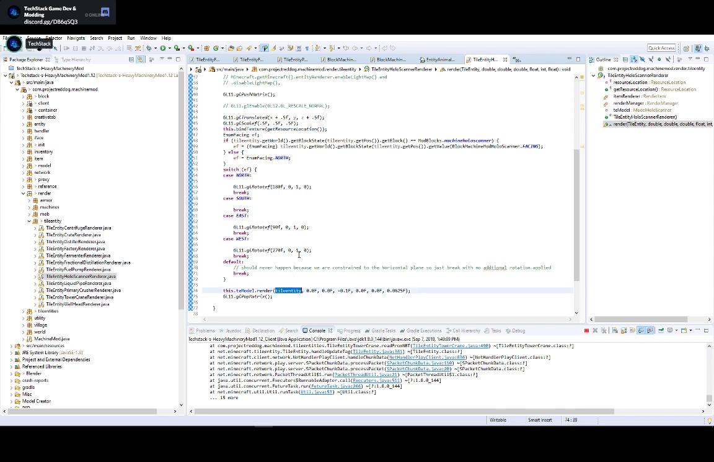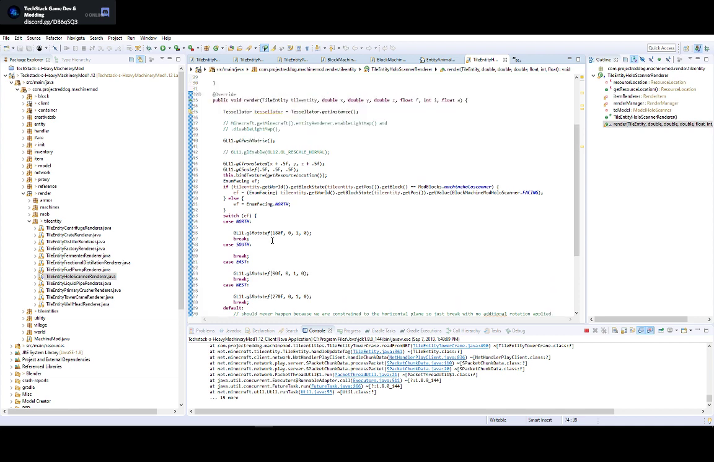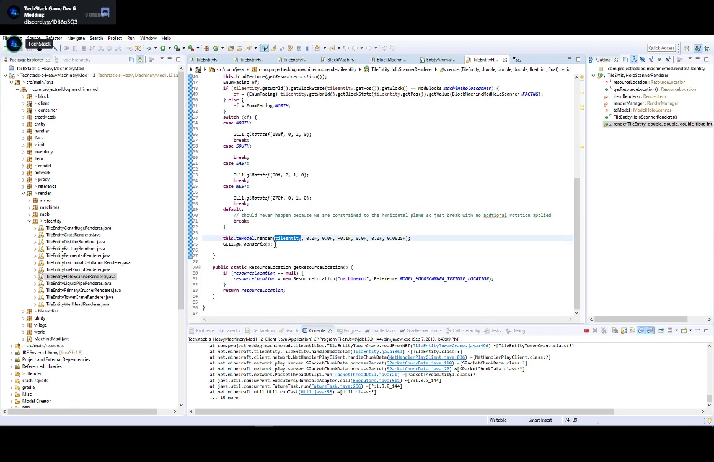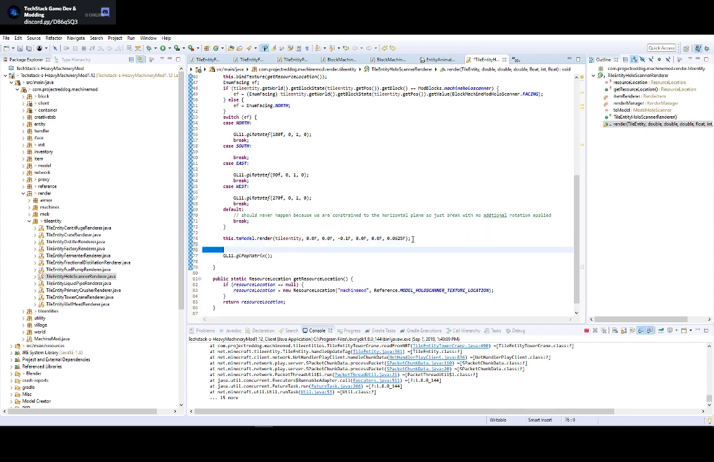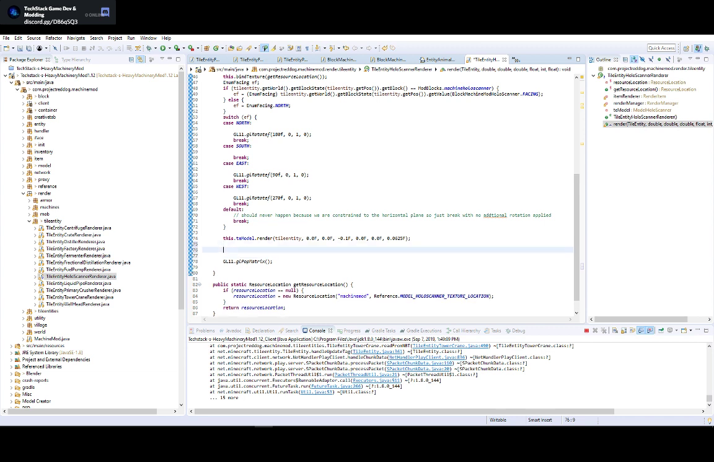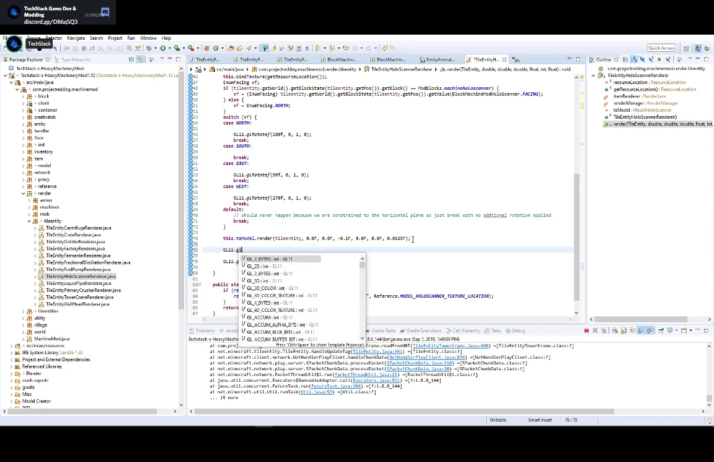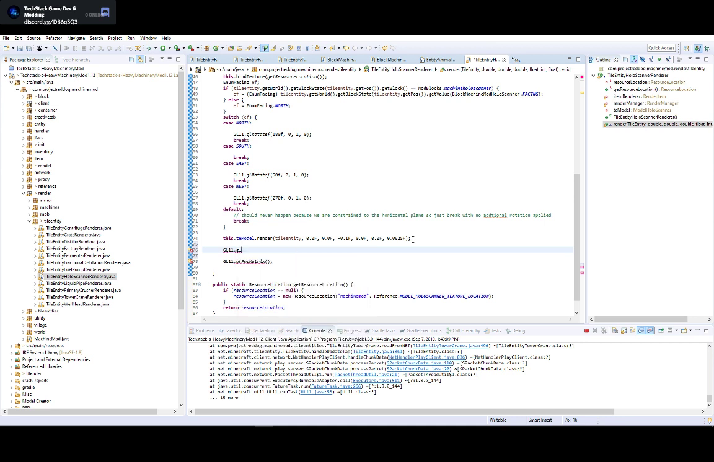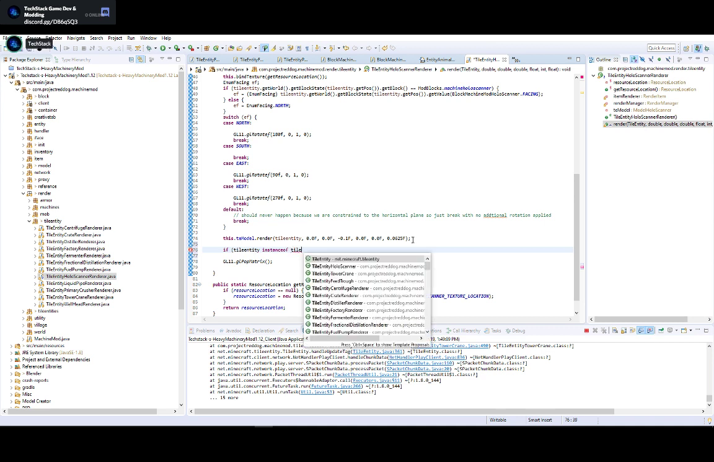Okay, so we got the tile entity. Do we know that it's a tile entity of the right type? We don't have any cast to the right type, so we're going to have to do that. Let's do it after we render the actual block. It seems like the right place to do it. GL11.gl. What am I doing? Tile entity. Let's see. So if tile entity instanceof TileEntityHoloScanner,